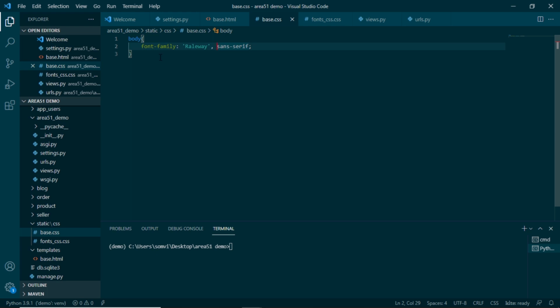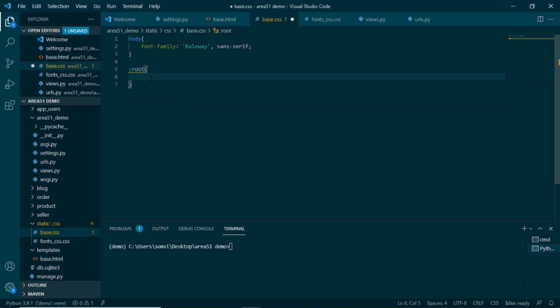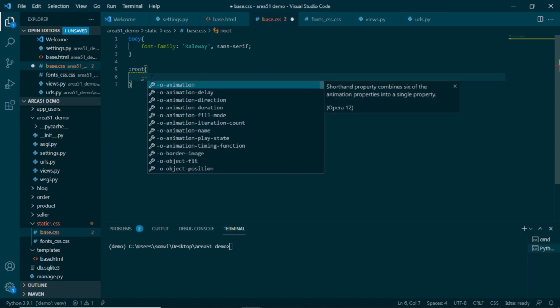After this, we will make our color variables that will be defined into the root of HTML page so that they can be called upon anywhere on the HTML page. Let me show you how to do it. For that, we will use :root. Anything we will initiate inside this will be under the root of HTML. And to make any variable, we need to start it with double dash, and then we can write any name.